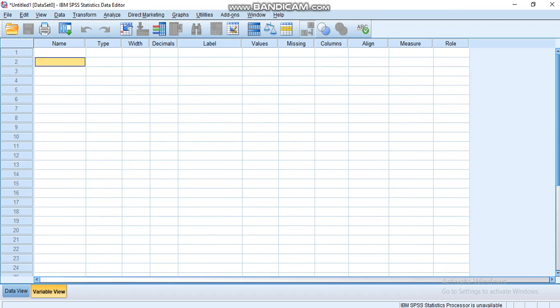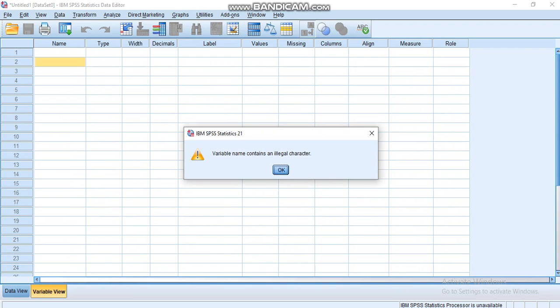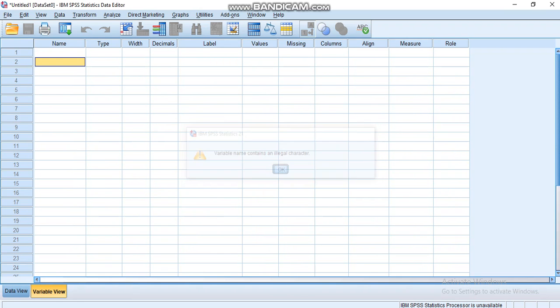Alright, so suppose you took a survey and now you're going to enter the data. And the first column is the name of the participants. So normally you would write the name of participants like this with spaces, but that won't be allowed by the system because in this column you can't enter any spaces or any special characters. So what we do is instead of spaces we put underscores, right? So we'll write name of participants like this with underscores instead of spaces.